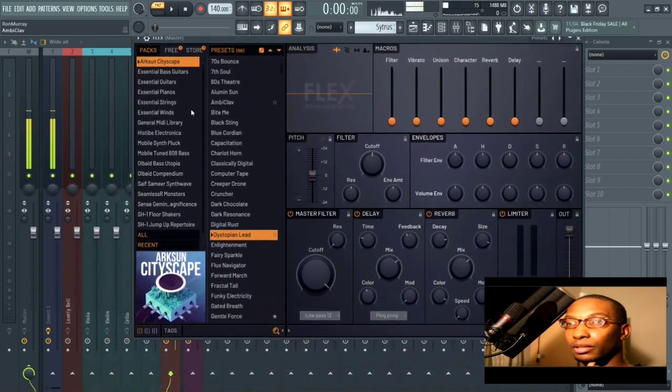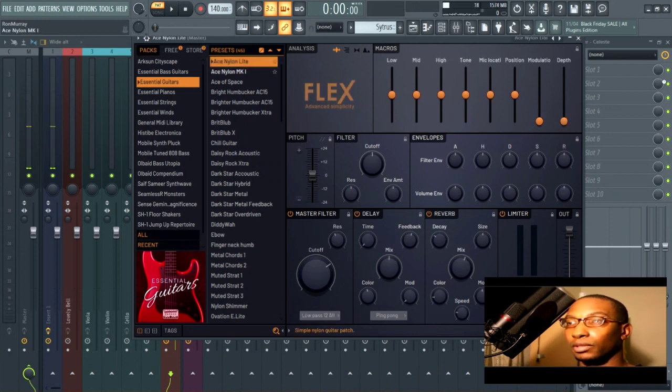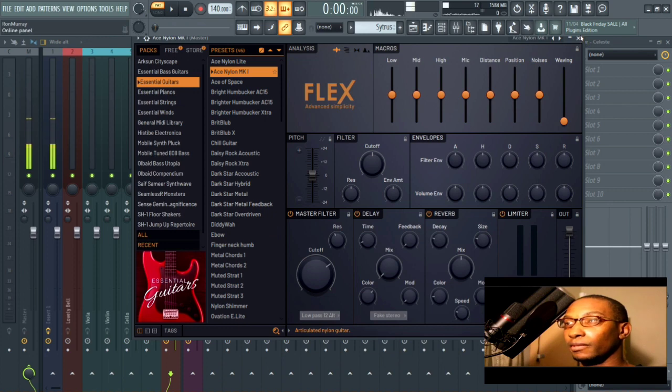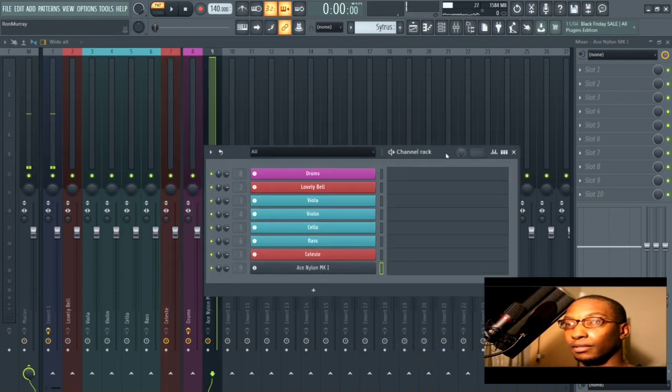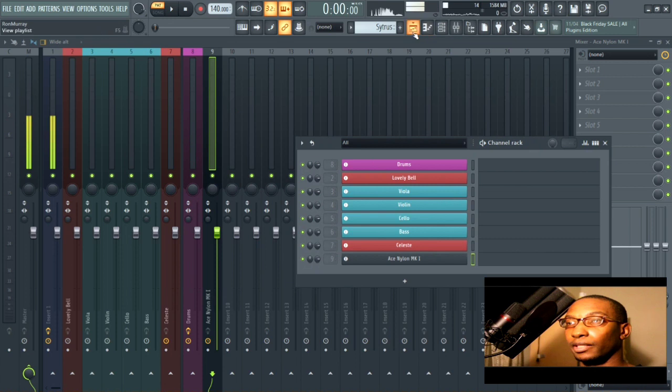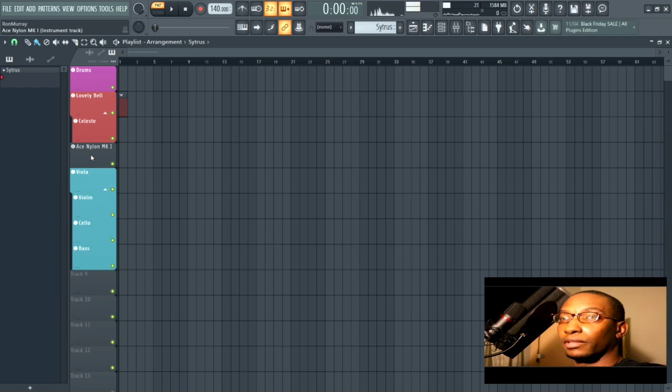Let's say I open another example of Flex and I go to like Essential Guitars, and I choose this one here or that one because they both sound good. Notice it was Flex first, and now it's Ace Nylon. Assign it to a new track, changes the name of the track, changes it here too. Now everything is organized, and let's say, just for the sake of example, I'm going to put it in this,